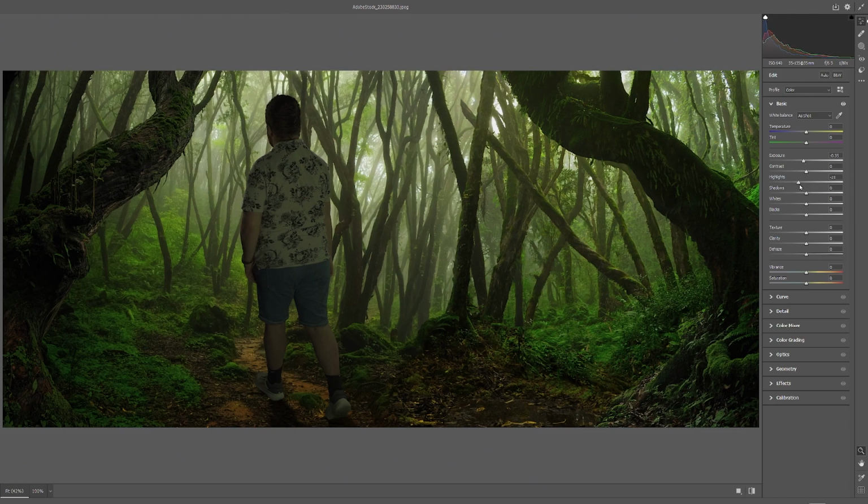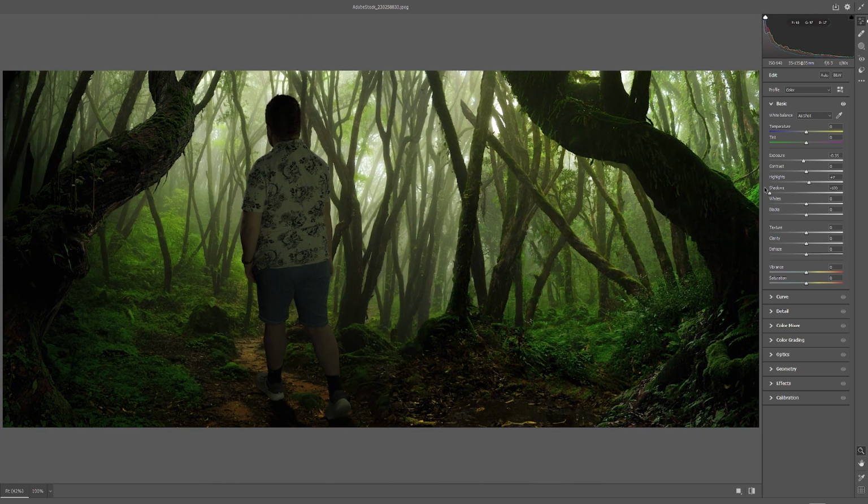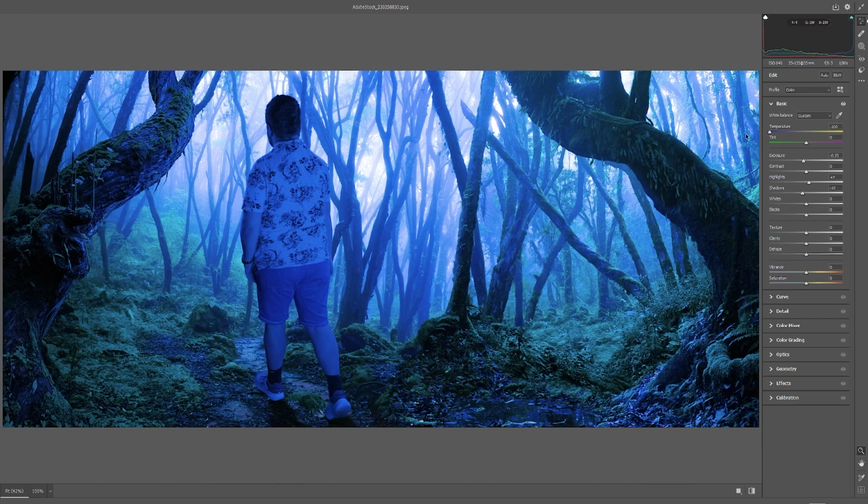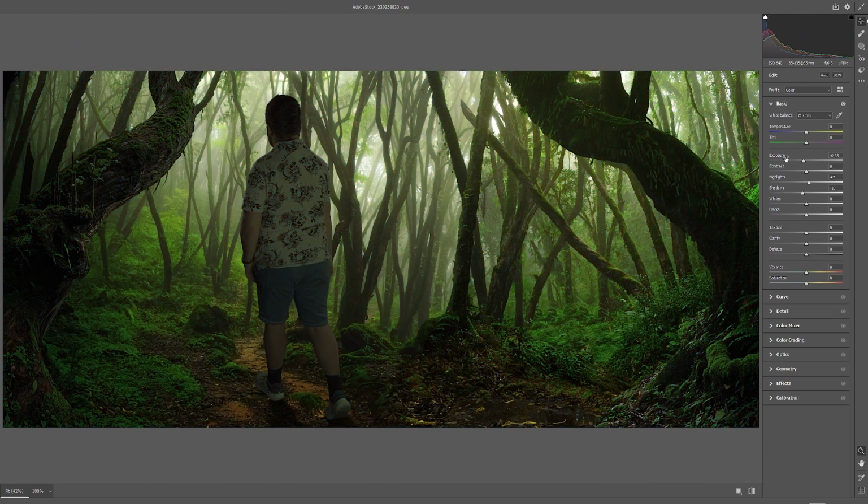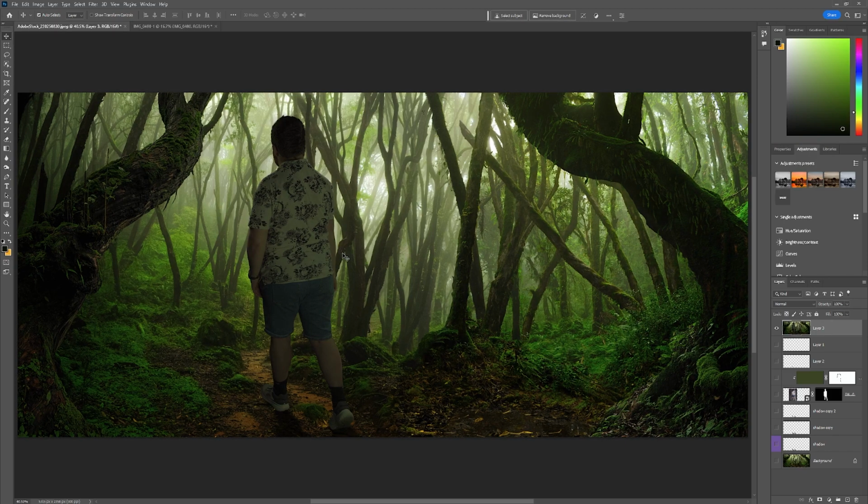Highlights, I maybe even bring back a bit. So you're just trying to balance out the full image. Don't push, don't over exaggerate these edits because they end up looking terrible. There may be some points where you can drop the shadows as far back as that. But as soon as you start doing this and then trying to balance out colours and everything, it just looks absolutely terrible. We're not looking to do that with these. We're trying to keep it as a learning process and how to create the effect. So I'm going to leave it at that. There's a slight difference, but not much. See, it just changed. So what we originally had was that, and I've just made a